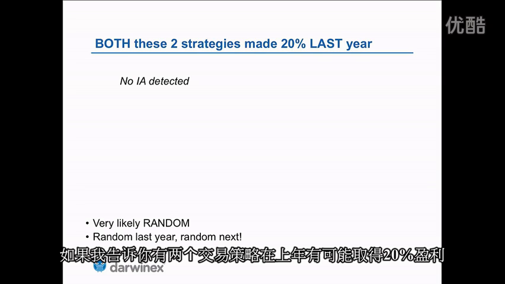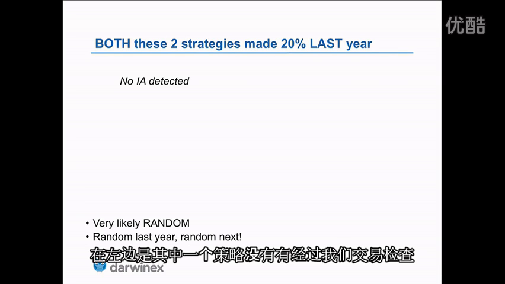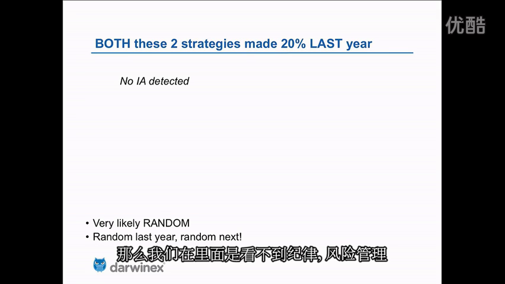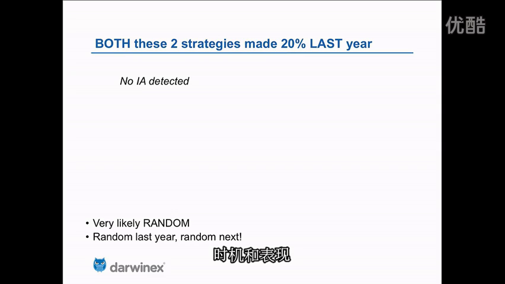So if I told you that there were two strategies that made 20% last year, and on the left hand side we have one strategy where no investable attributes were detected, so we haven't seen evidence of discipline, risk management, timing or performance. Now if you've seen that the strategy has made money